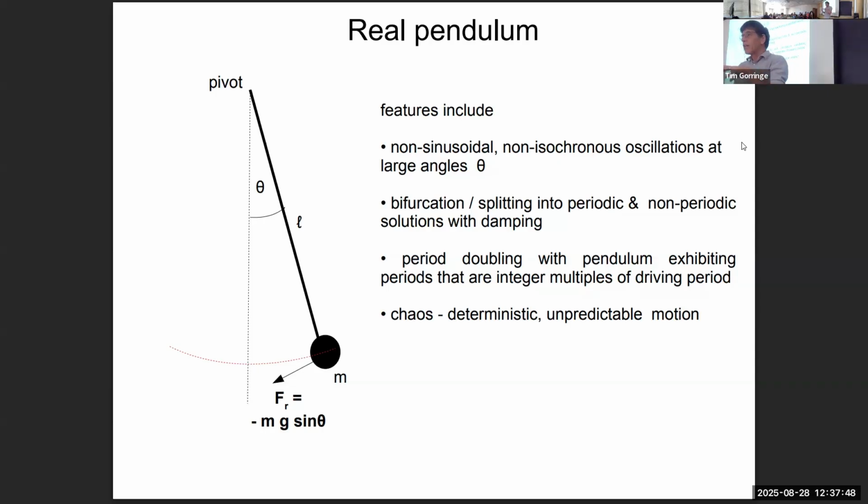Another interesting effect, the second bullet that I put on here, is that in the presence of damping, you can get a kind of splitting of the motion of the pendulum, or a bifurcation of the motion of the pendulum into two types of motion. One has a periodicity to it, an oscillation to it, and one doesn't have a periodicity or an oscillation to it. That's the over and under damping that you've probably met. And so we'll be able to explore that world again,